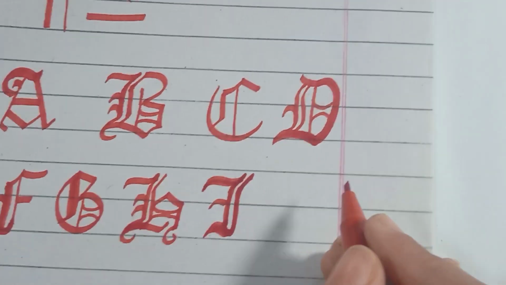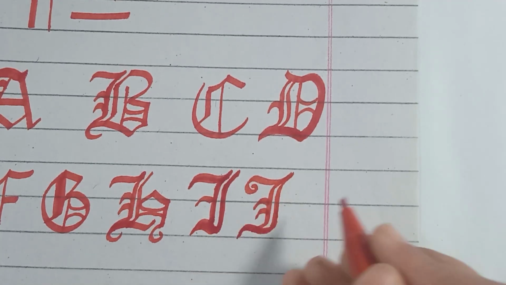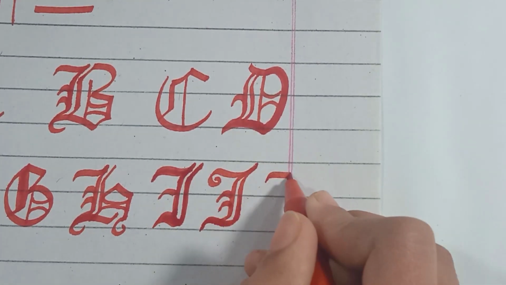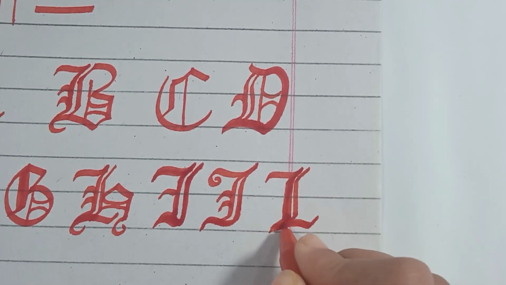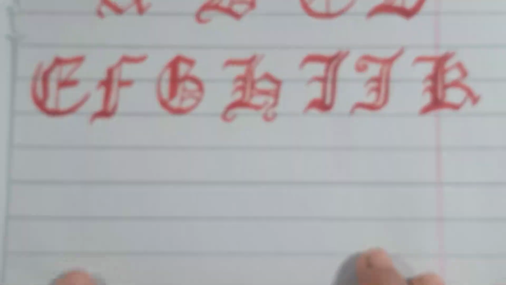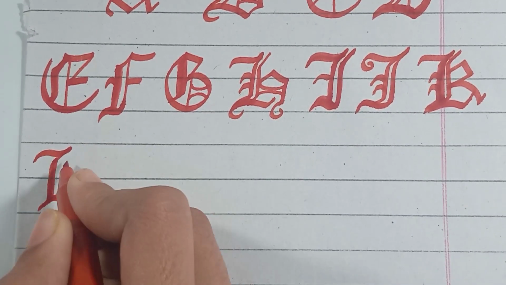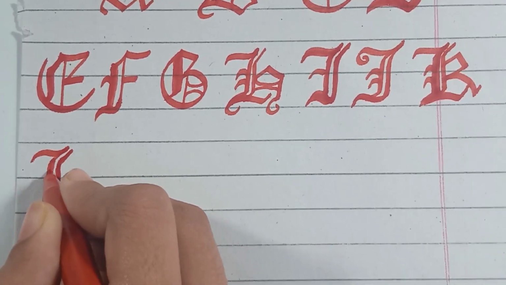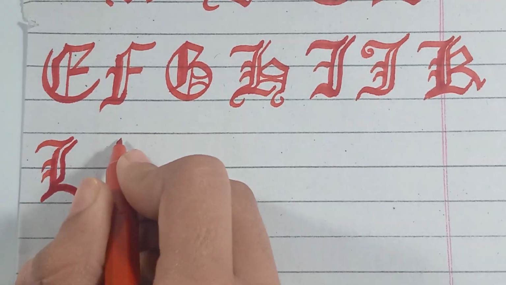And after I, it's turn to write J, and for writing J we will use the same pattern, and similarly for writing K we will again use the same pattern for this calligraphy. Now we are moving ahead and write L in this way, and after that it's turn to write M